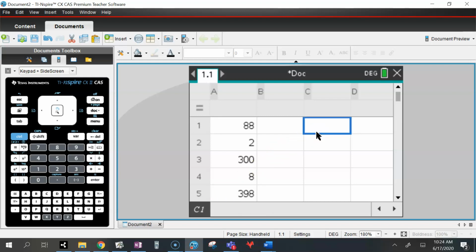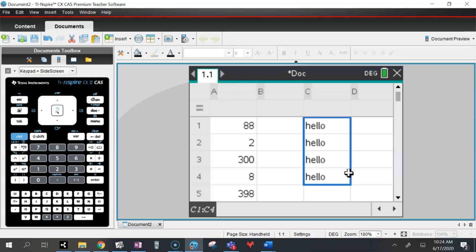Okay, the other skill that I showed you was a copying skill. So if I click on the word hello and I hover in the bottom right hand corner, it turns to a little cross. And if I control click,